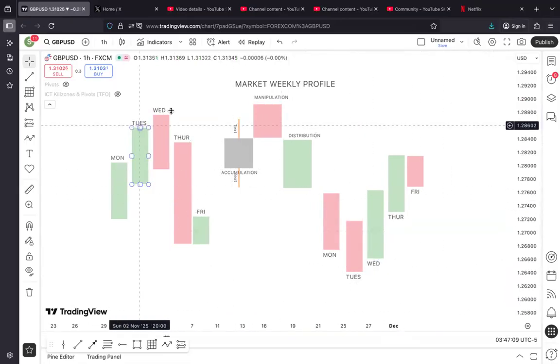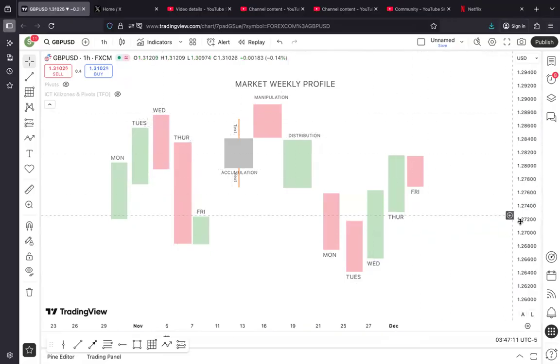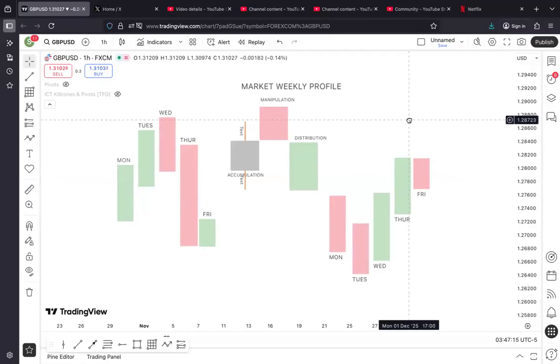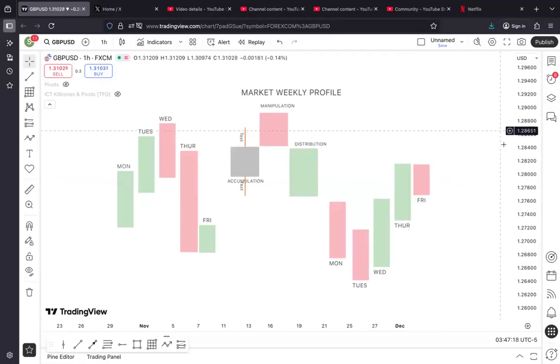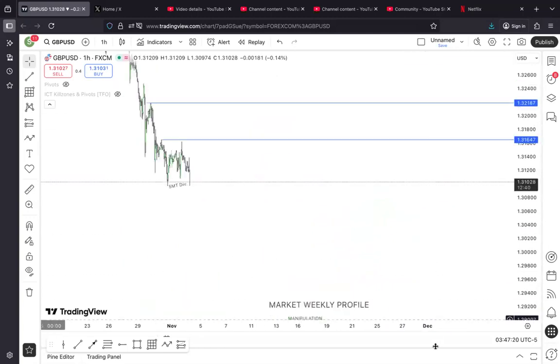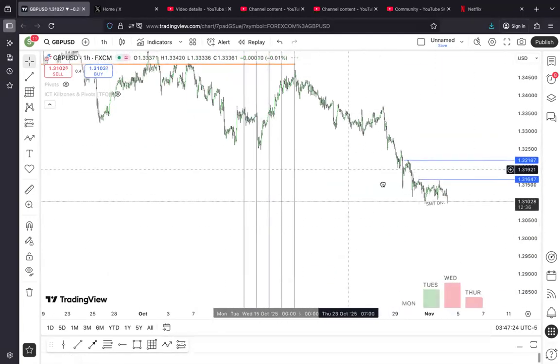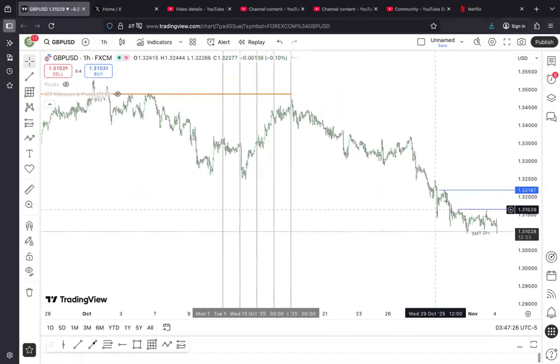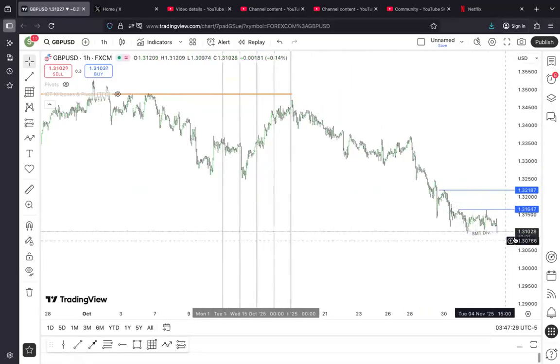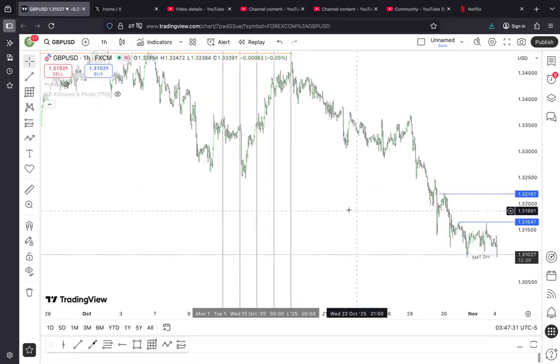But ensure that you know when price will most likely react, or sorry, reverse for the week or continue to buy for the week. So without wasting time, let's go to a live chart. I think I have a few already identified here before. We have one currently happening. I don't know if that's going to happen, but I have an expectation currently.